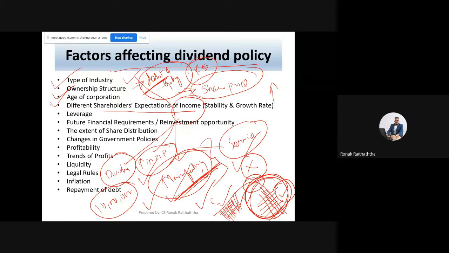So investors will prefer not to have the market price increase, but to get the dividend in cash. Why? Because if they receive the dividend, then they will not have to pay the tax. So if there is a tax discrimination between these two incomes, the dividend income and the increment in market price, then also, my friends, the preference of investors will differ, and accordingly the company will have to take the decision.